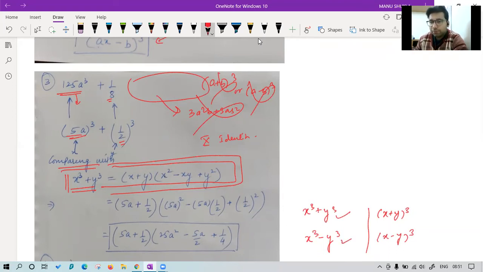They are totally different. This is a factorized form, this is a factorized form, and this is the expanded form. They both are different. We cannot say they are equal. It is similar to the same thing that we have done: (a plus b) whole square cannot be equal to a square plus b square unless a is equal to b equal to 0. Yes, class? We cannot say they are equal. They both are different things.